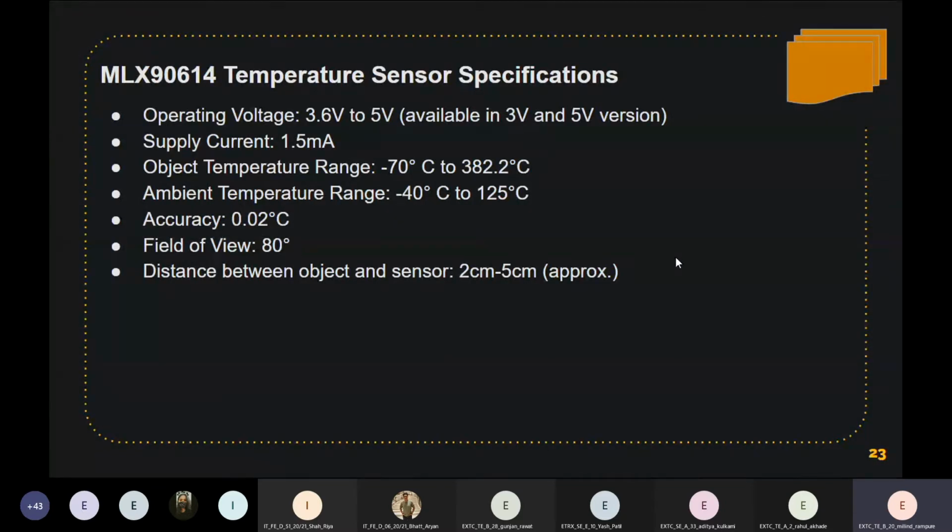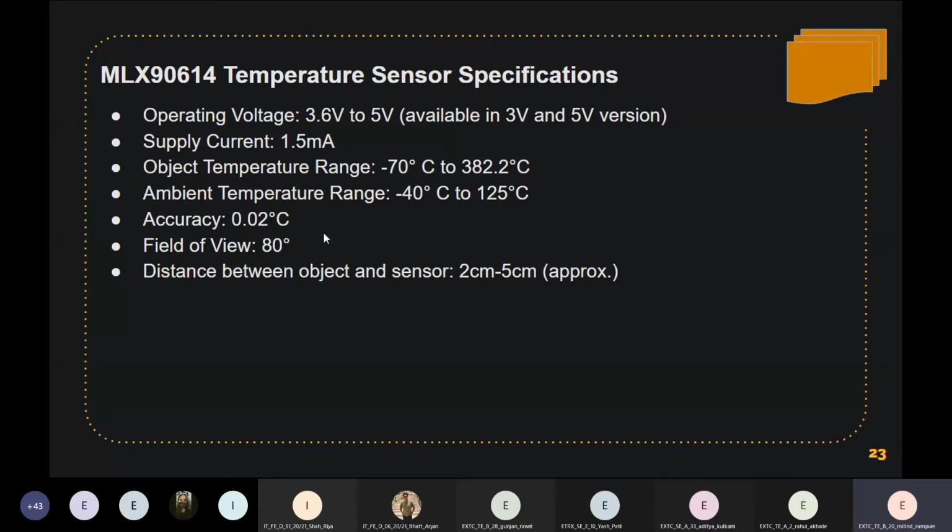The specifications of this sensor are right here. There are two versions of it, a 3.3 volt version and a 5 volt version. The sensor I will be using operates at 3.3 volts. The supply current is 1.5 milliamps, and it can sense the object temperature ranging from -70 to 382 degrees Celsius, and also the ambient temperature, which is the surrounding temperature around the sensor.